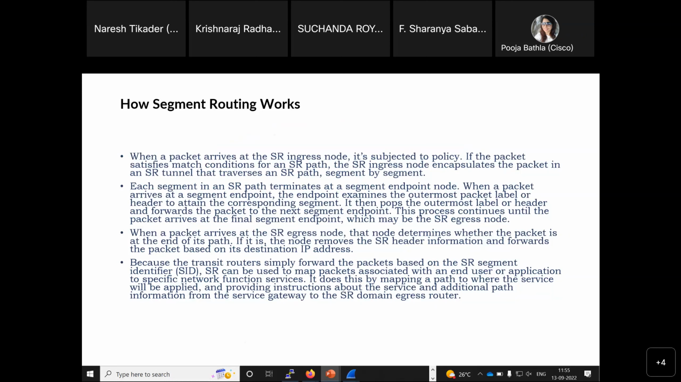Okay. Now, as per MPLS, generally what happens in MPLS? You go through the complete path. When you reach